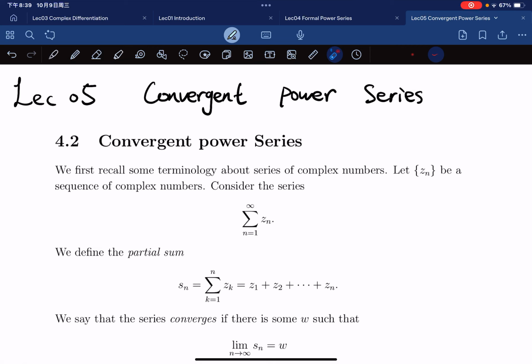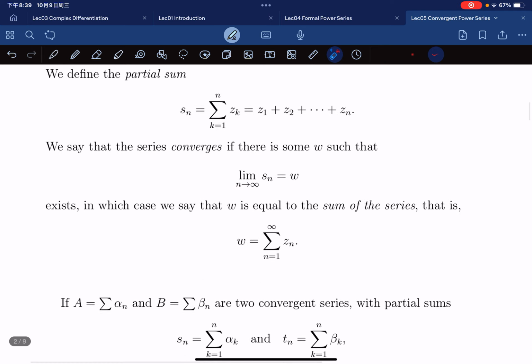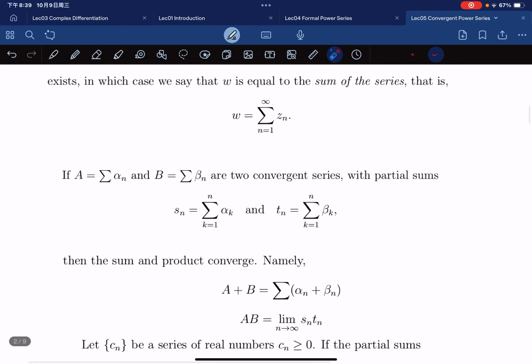Alright, from last time we talked about formal power series, and today we're finally going to talk about the convergence of power series. So we're first going to recall some terminology from series of complex numbers. Given a sequence, we consider their series, which we define as the limit of the partial sums. And if we're given two series with partial sums,